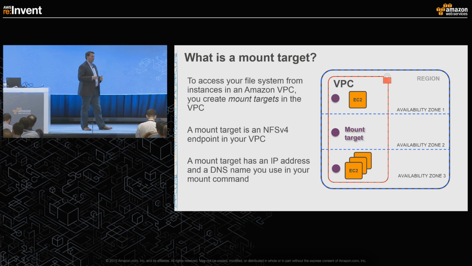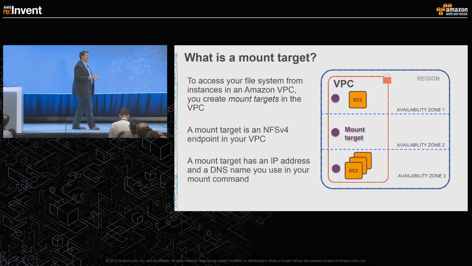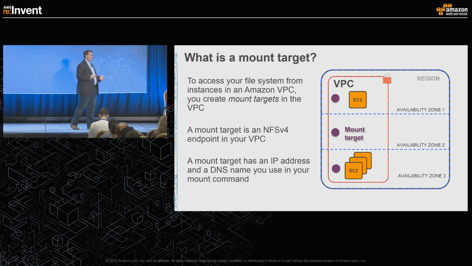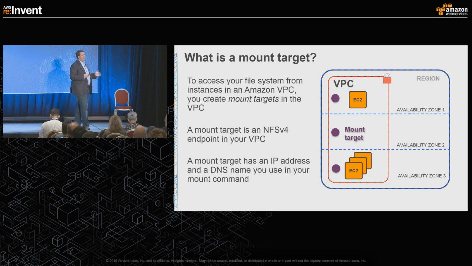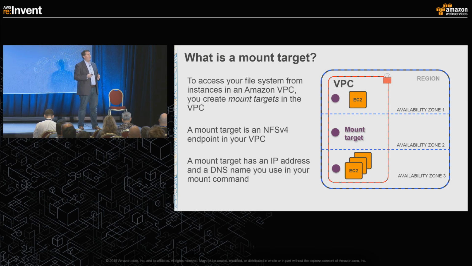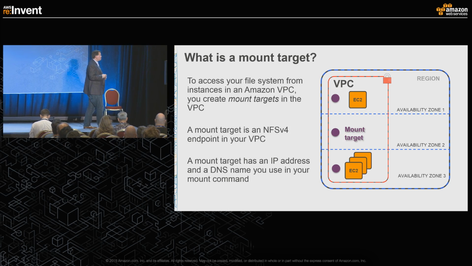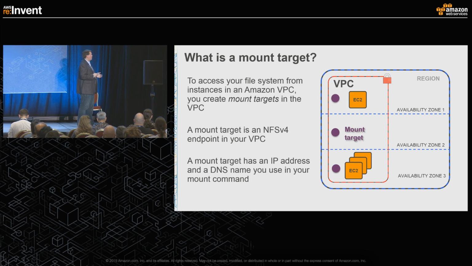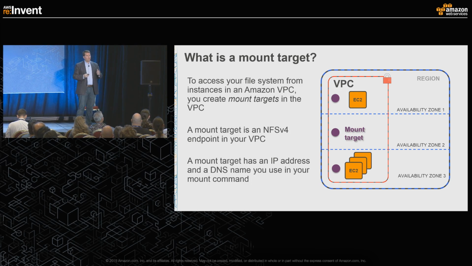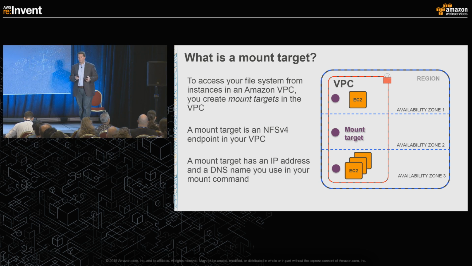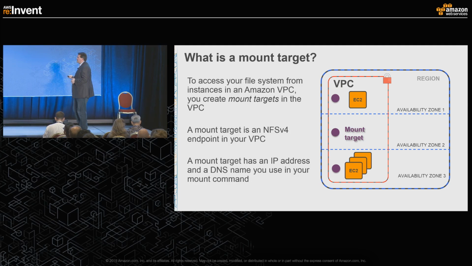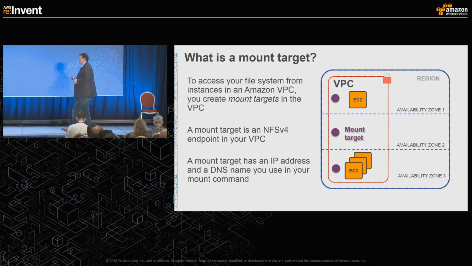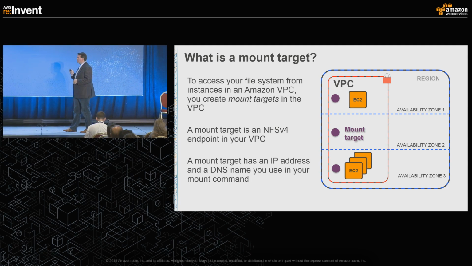What that means is we've delivered a very robust, highly available, highly scalable location where you interact with an NFS surface, and we put high availability and scalability at that layer such that it doesn't even have to be architected higher up the stack. And to access the file system from your instances inside of the VPC, you create a mount target, and I'll show you what creating a mount target looks like. We'll mount it on a client. And then that mount is done through an IP address scheme or through a very simple DNS name.